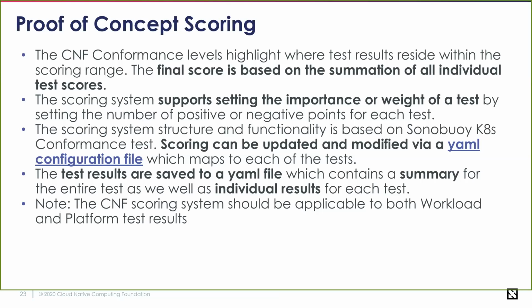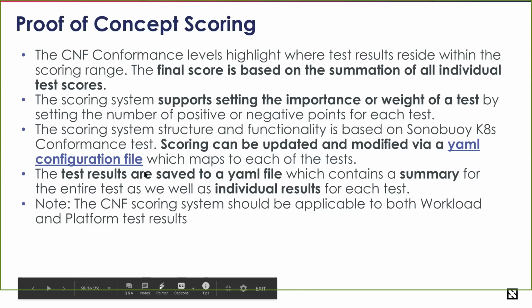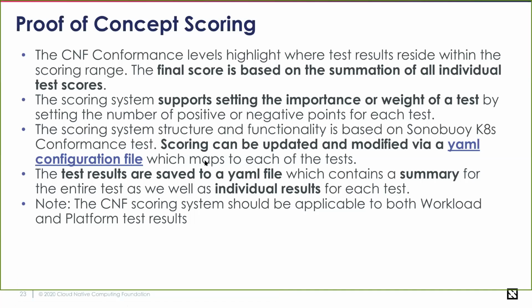We have the capability in the scoring system to put weights on different tests. So you could say, if you don't pass a test, maybe we don't even care. Or maybe if you don't pass a test, then you're going to get negative points, and so on. Or you can get positive points. So we have that capability. This is a YAML configuration file for the scoring. It maps to each of the tests. You can say whether something is required, and